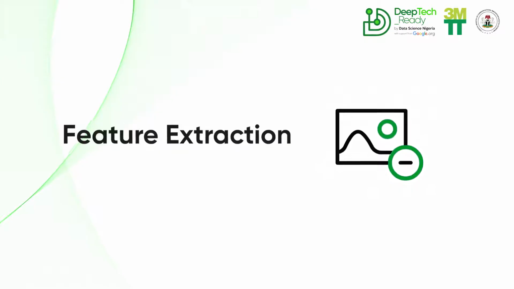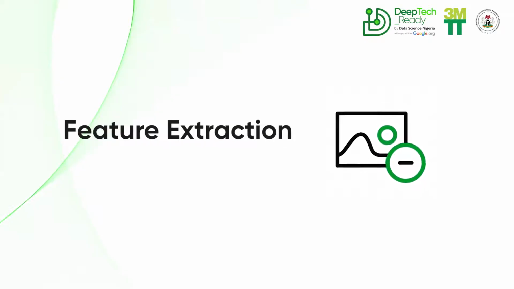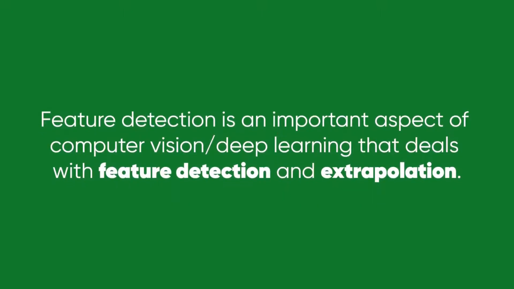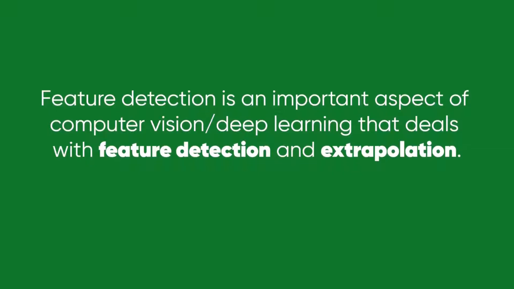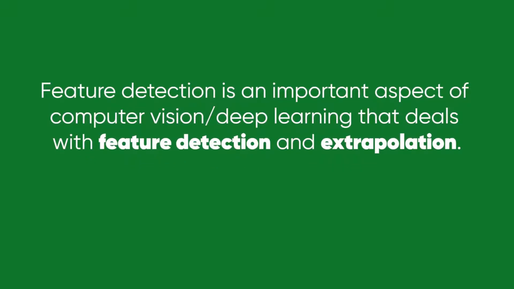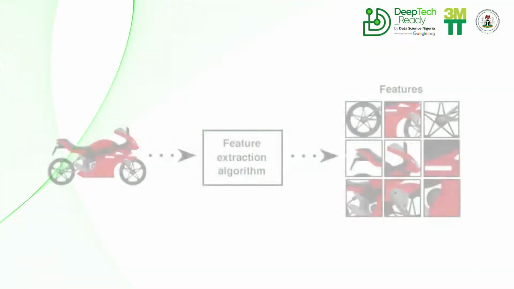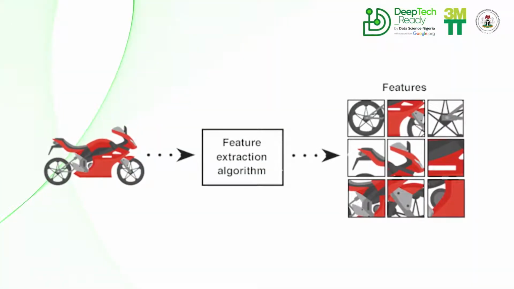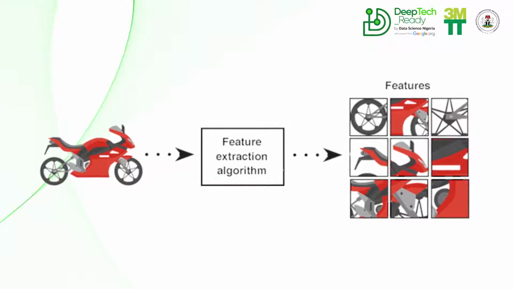So what is feature extraction? That's that with respect to image and video processing. So let's talk a little bit about feature extraction. Feature extraction happens to be an aspect of computer vision or deep learning that deals with feature detection and extrapolation. A typical example is edge detection, which is a technique for feature extraction. Now, one of the reasons why I would say feature extraction deals with feature detection and extrapolation is that if you look at the image on the right side,